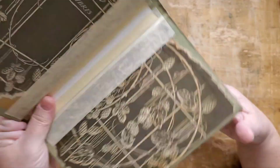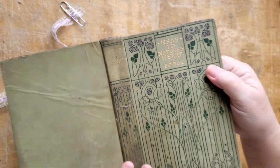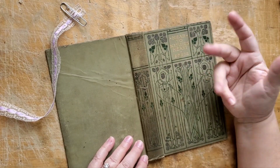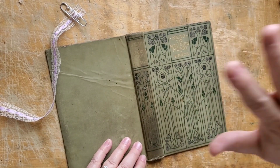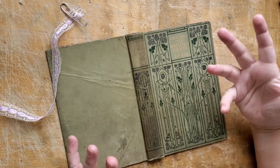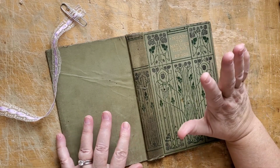This book, Nearer to Nature's Heart by E.P. Rowe. He was a minister. This was one of those bulk books that they used to print that had religious undertones to the story. And they were given out freely as gifts and awards for Sunday school attendance. Anyhow,